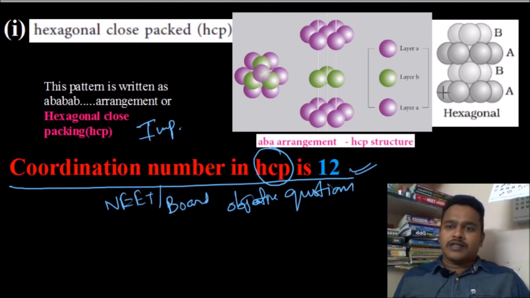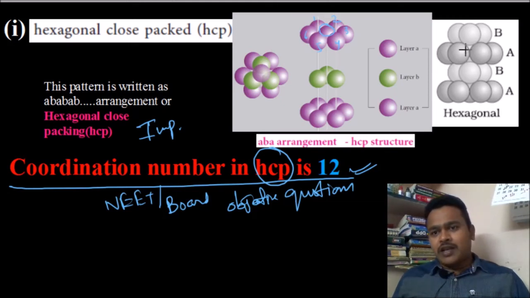Once again I am telling that here this sphere's coordination number means it is going to connect with how many? 3, 4, 5, 6 spheres, and above 3 and below 3. For a better understanding, we can say this is the A layer, above B layer and below also B layer only is there. In this A layer, the same layer you are going to observe means how many are there? Overall these spheres here are 6 spheres. Above how many are there?